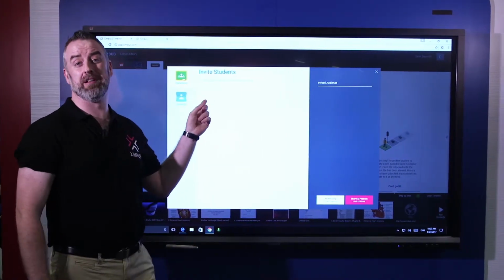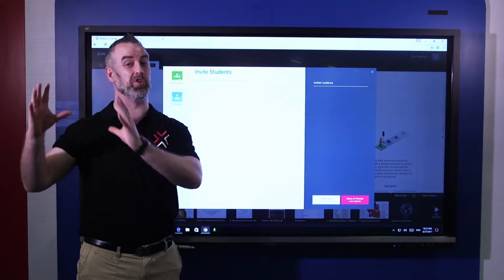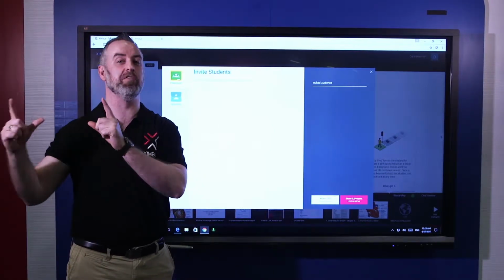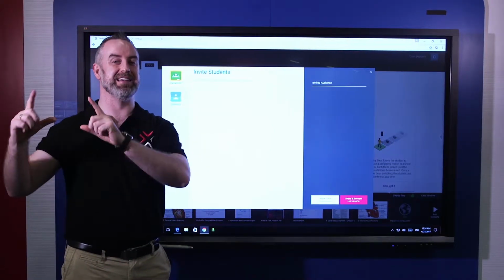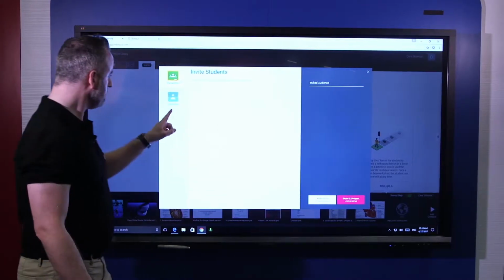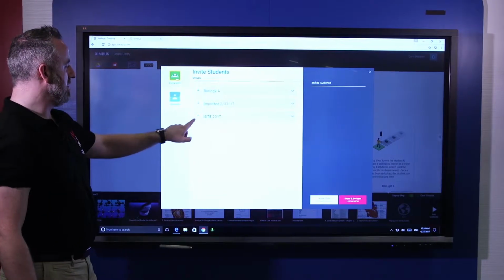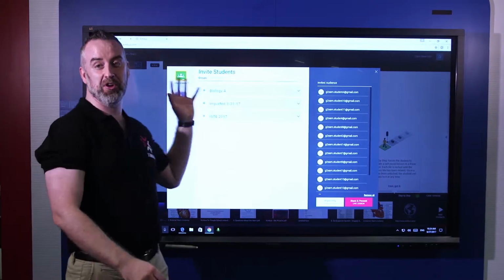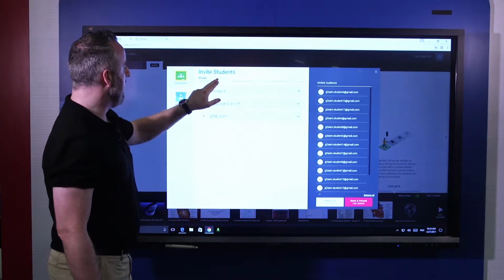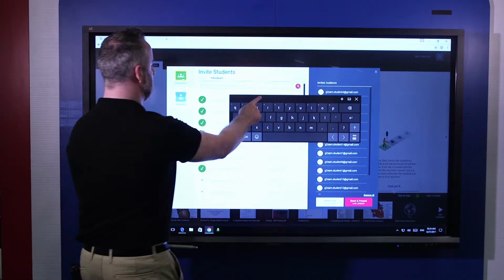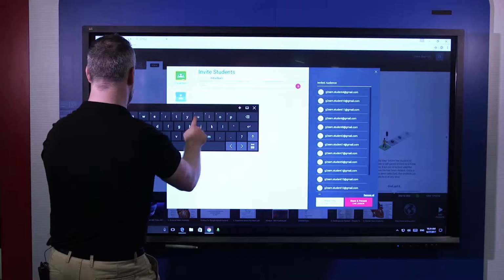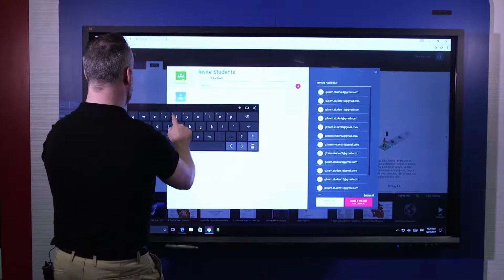Here we have Google Classroom Contacts. We have an integration with Google Classroom Contacts where you have all of your pre-existing classes and groups and so on. Also right here, we have an integration with Google Contacts, right? That's fine. I'm also going to enter in here a specific student that I'm going to invite, the Ximbus student